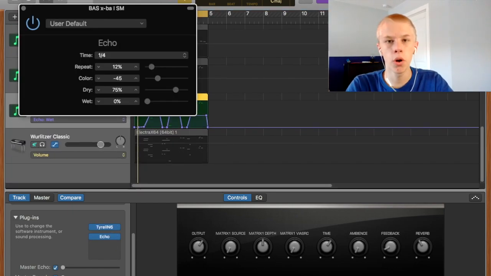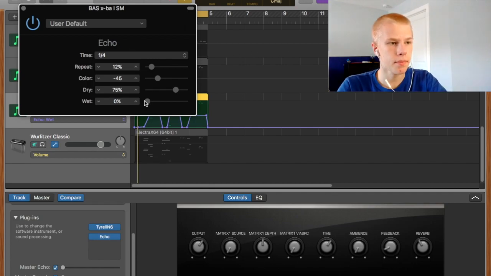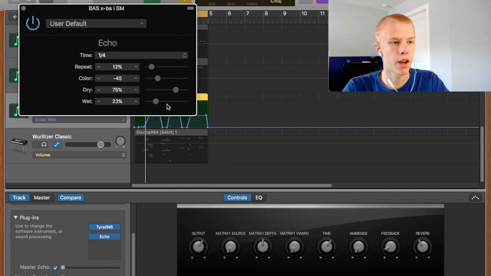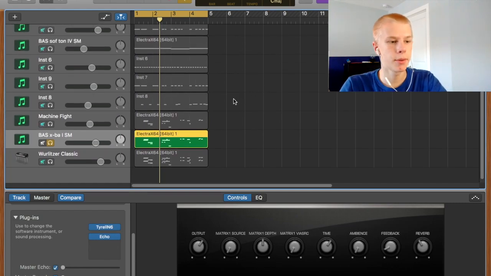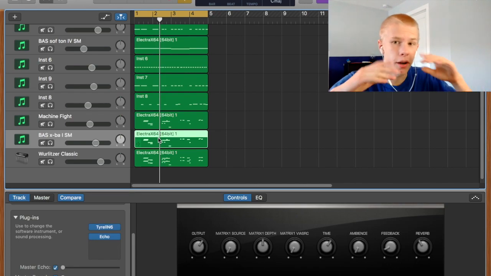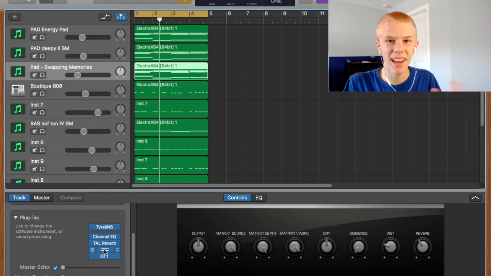So basically, when you go into your thing, you get all the settings right, and then you just automate this wet knob, because you want to be able to turn off the thing so it doesn't muddy up your sound, because you want to be able to fill in the extra space, and that's just a really nice thing to be able to have in your back pocket whenever you need it, because it just really fills up the space, and I use it in just about every song I do, but I make sure I automate it. That's the key there. Now, most DAWs have side chaining, but GarageBand actually doesn't, which is really unfortunate,